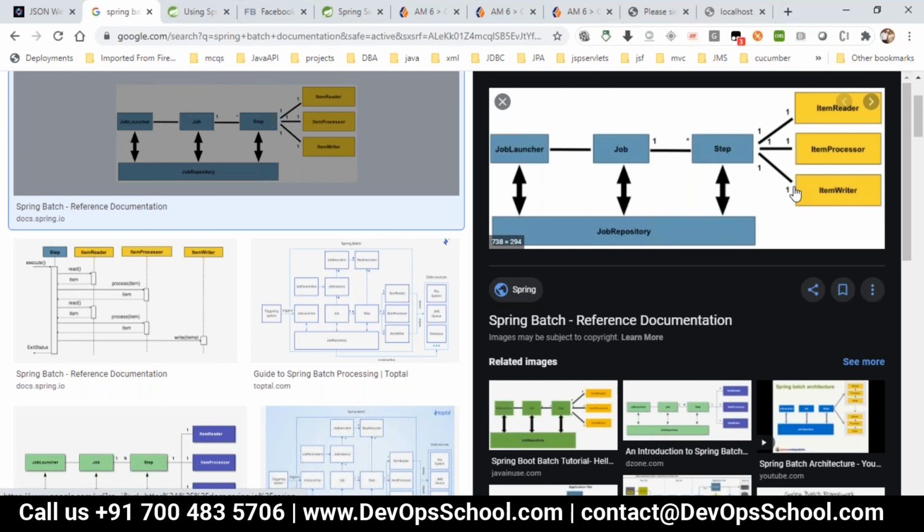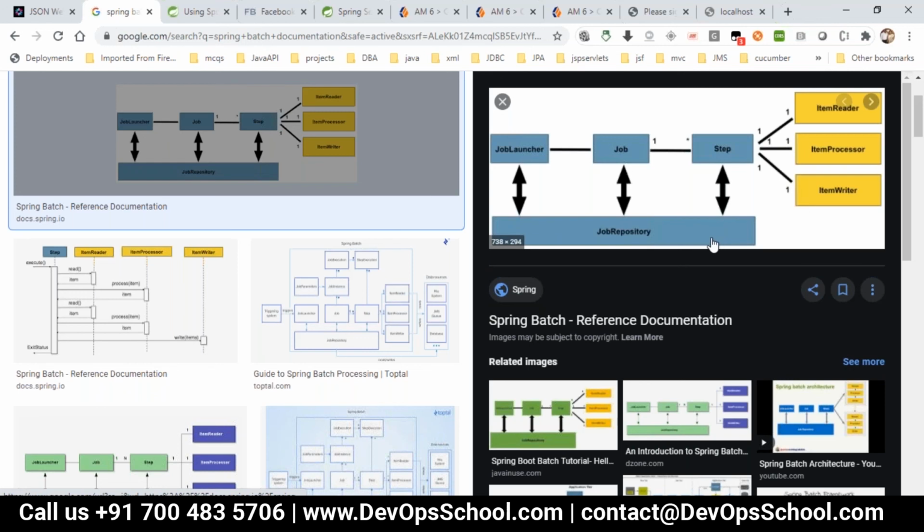When you go for any conversion, like XML to Java or Java to XML, you have to go with the JAXB library, because JAXB provides marshalling and unmarshalling, which is converting your XML into a Java object or a Java object into XML. If you have a simple XML file or CSV file that you want to read and store into some database, first you have to read the data from the CSV, and then store it into your MySQL database or any SQL database.